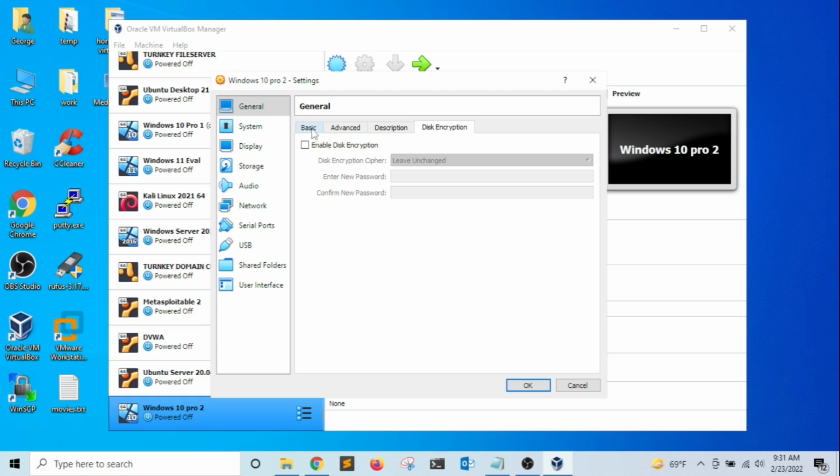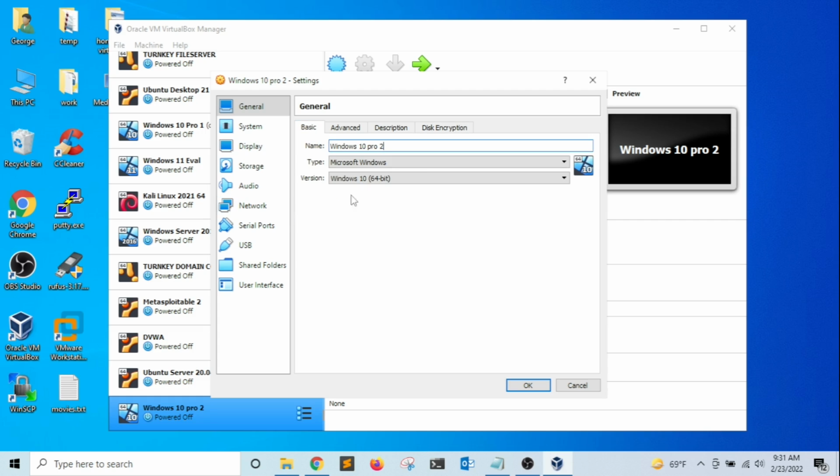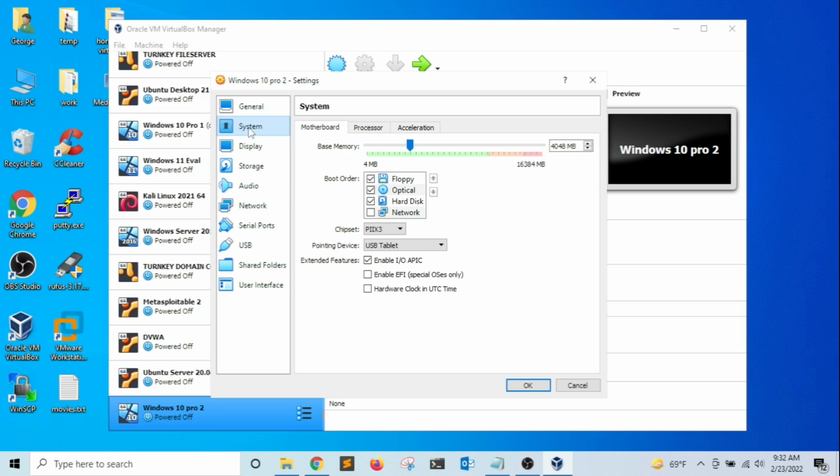And data encryption, I'm not going to do anything there. By the way, if you decide to later change the name, you can change it here. I'm going to click on system. Here you can adjust the size of the RAM, the memory. So if you don't have enough memory on